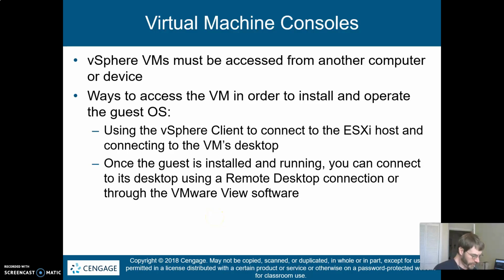So we've been talking about the ESXi host, virtual networking, virtual hardware, physical hardware requirements, etc. Now we're going to talk about virtual machine consoles, which is to say how you interact with a guest OS once you've built the VM and need to start installing the guest OS. You're going to need another computer in order to interact with that guest OS. There's no way, as I've mentioned concerning the DCUI, to interact with these VMs on the ESXi